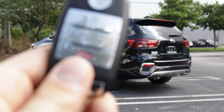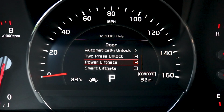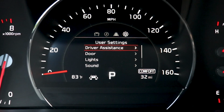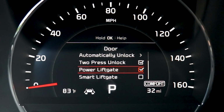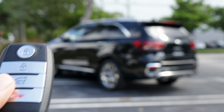Using the smart key fob is similar, but first make sure you've enabled the power liftgate option inside the settings on your dashboard. Using this button on your steering wheel, cycle through to user settings and scroll down to enable power liftgate. Now that it's active, you can press and hold the button for more than a second and the liftgate will